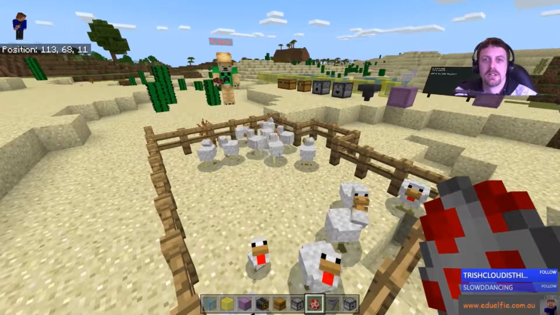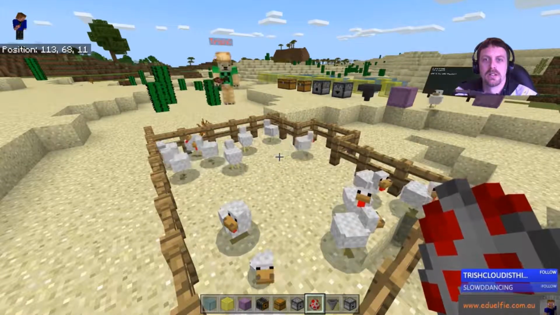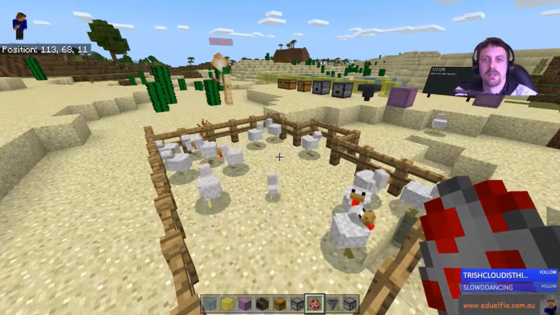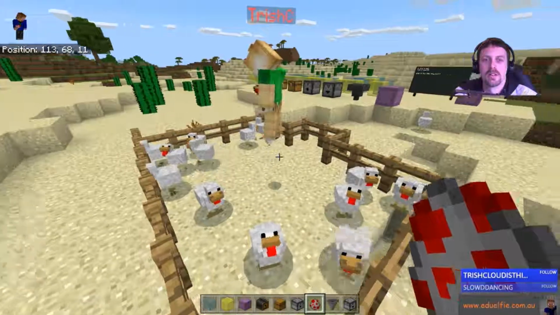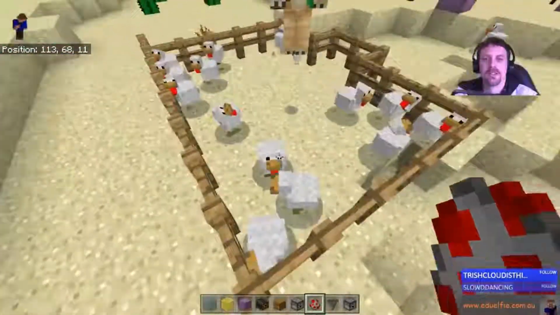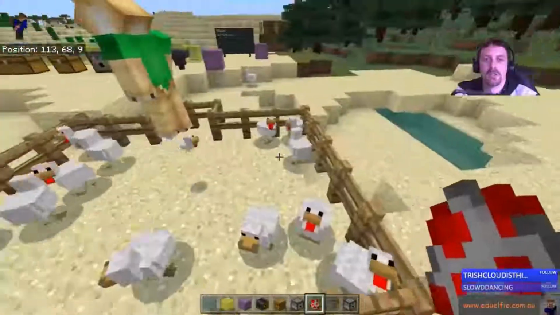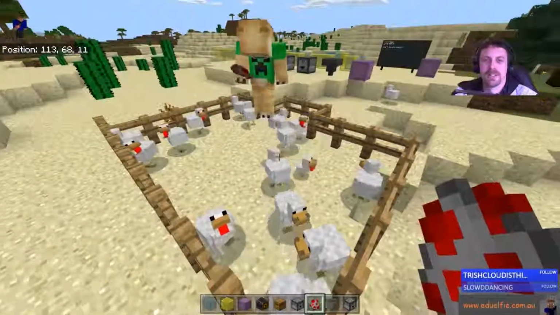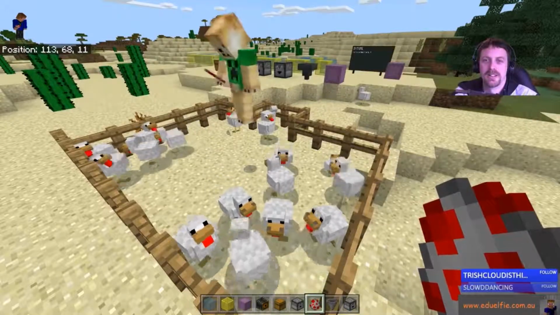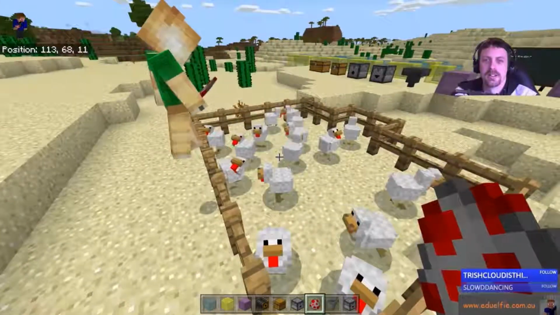Or we have pens of animals. Kids love animals. How about how many chickens are in here? Can we count them? 1, 2, 3, 4, 5, 6, 7, 8, 9, 10, 11, 12, 14 is my estimate. 15, 16.